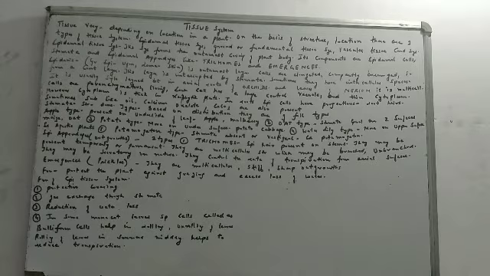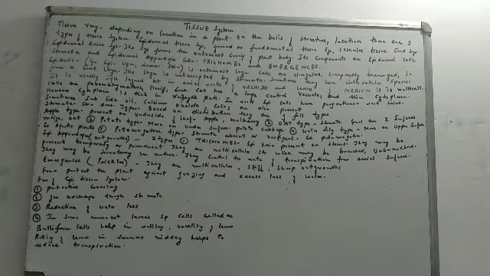First is epidermal tissue system. Second is the ground tissue system, also known as the fundamental tissue system. And the third is the vascular tissue conducting system. I will be just taking the first one in this video, that is the epidermal tissue system. The other two, the fundamental tissue system or ground tissue system, and the vascular tissue conducting system, we will take up in separate videos. So we are doing only the first tissue system in this video, and that is the epidermal tissue system.